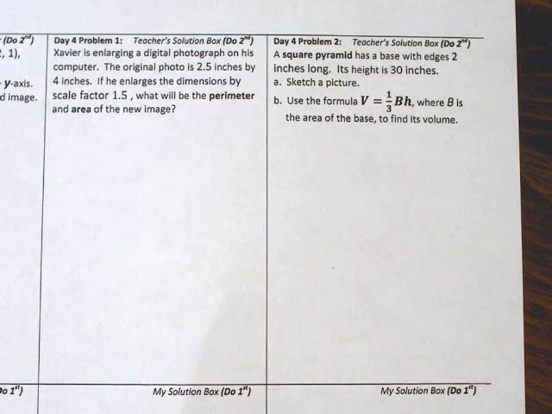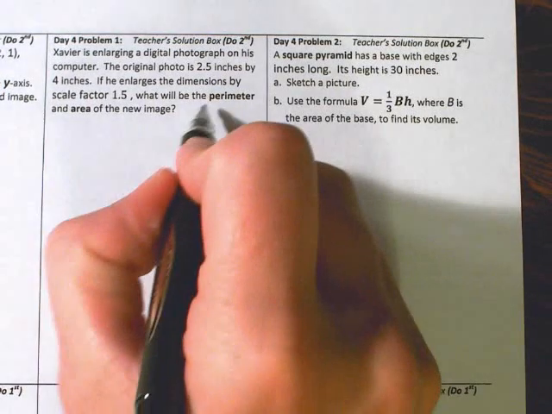Day 4, Problem 1. Xavier is enlarging a digital photograph on his computer. The original photo is 2.5 inches by 4 inches. If he enlarges the dimensions by a scale factor of 1.5, what will be the perimeter and the area of